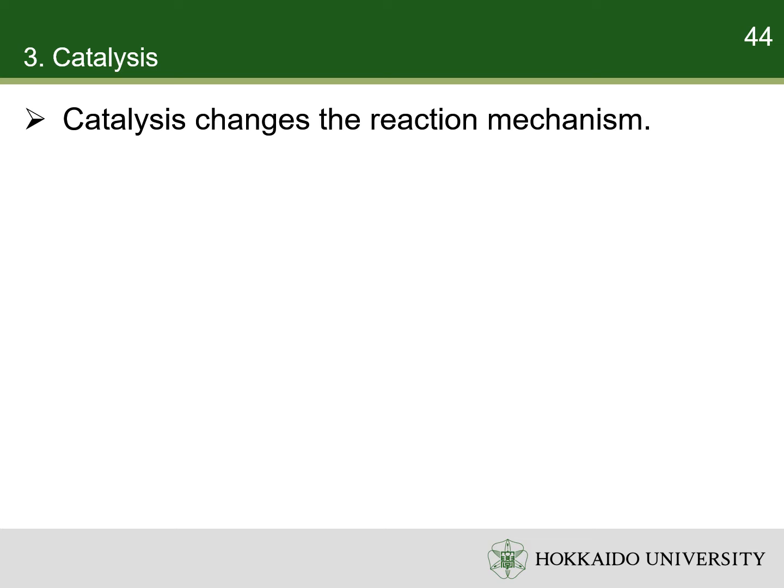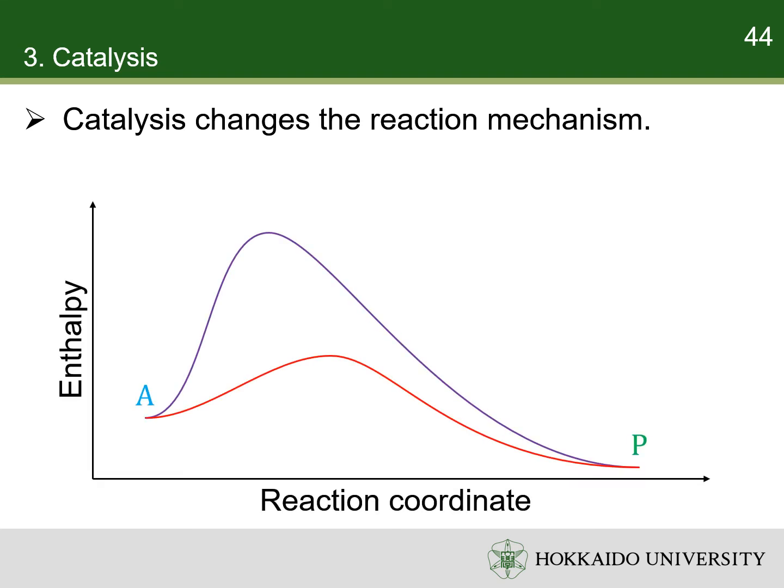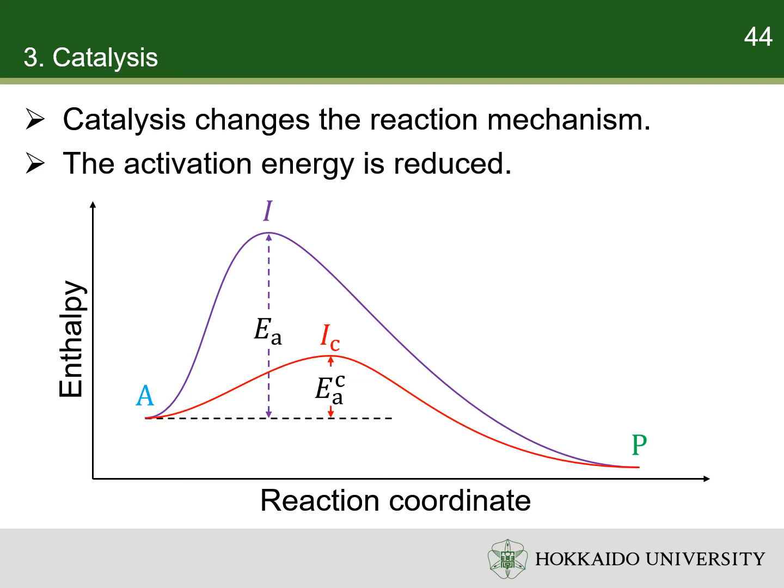Catalysis increases the rate of reaction because it changes the reaction mechanisms. With catalysis, the intermediates of a reaction and their enthalpies are different from those without catalysis. The intermediate with the highest enthalpy plays the role of the transition state, while its enthalpy compared to the enthalpy of the reactant serves as the activation energy. When catalyst is used, the activation energy decreases, so the reaction is accelerated.